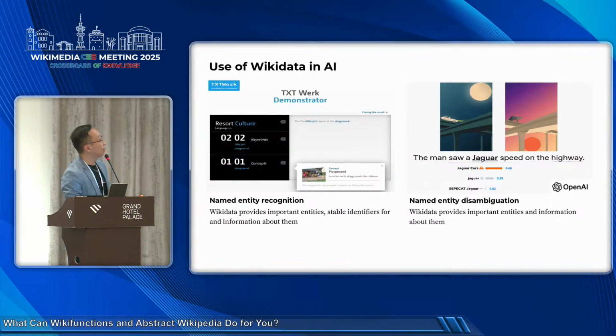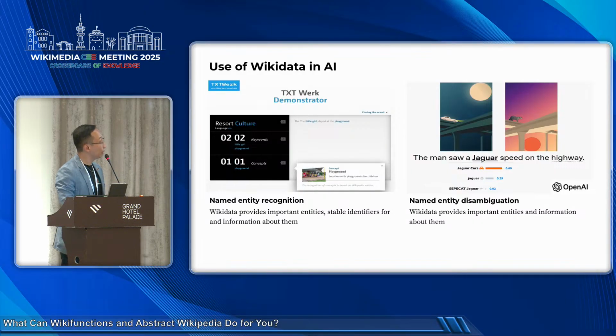For example, in named entity recognition, Wikidata provides important entities and stable identifiers for information about them. So when large language models recognize entities in text, they link to Wikidata to further enhance their understanding of the entity's properties, relationships, and context. This helps improve accuracy when the model is asked about specific topics.